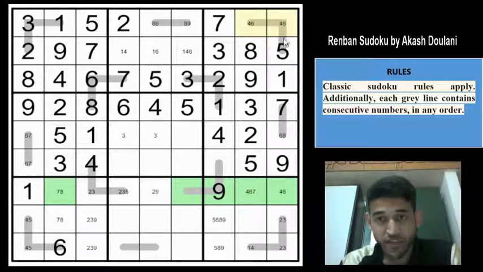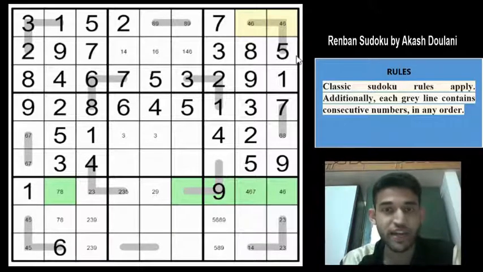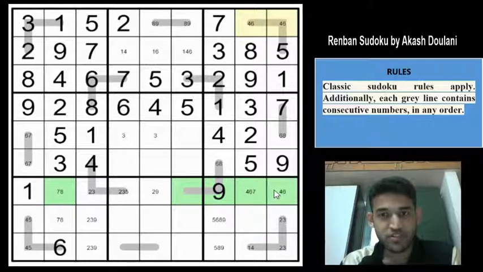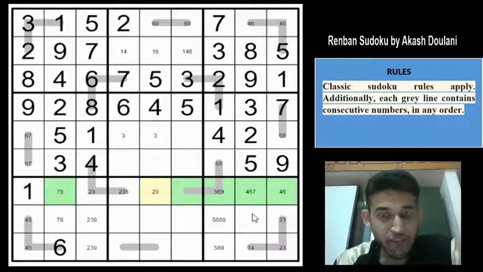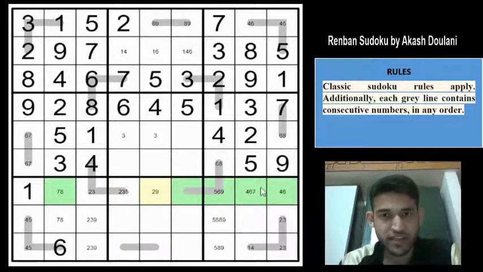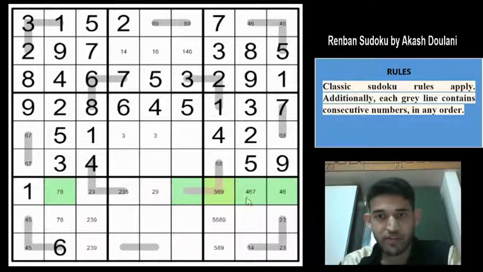If the variant rule has some influence, then you must be very careful while using the uniqueness rule. But here we have already pencil marked 4, 6 and it is not active anymore and it's safe to use, which is why I am using the uniqueness concept here. Hope you guys were able to follow. So we eliminated the 5 here, we also eliminated the 3 here, and 9 cannot be here because of the reasons I stated. We would be delighted to hear from you if you found something else logical here, because I am unable to see anything else here. So 9 can be eliminated from this cell. So this is a 5 or a 6.